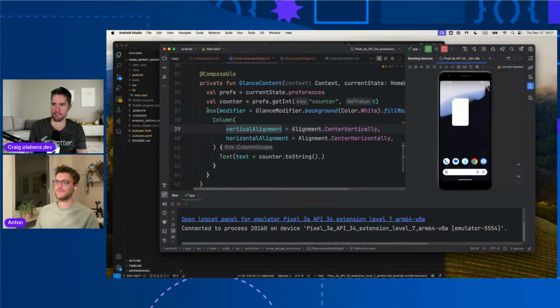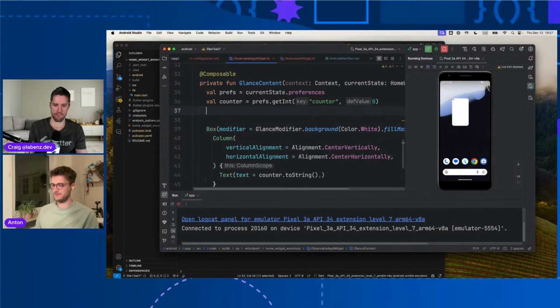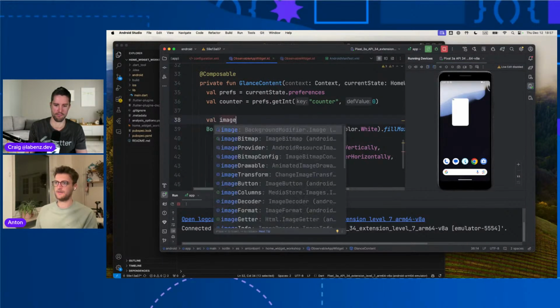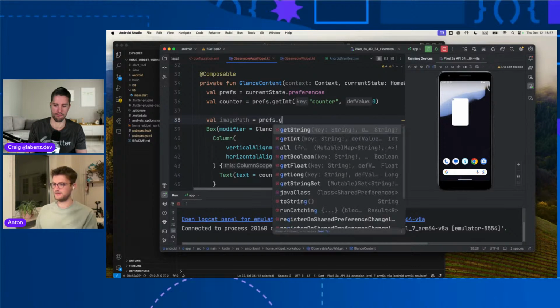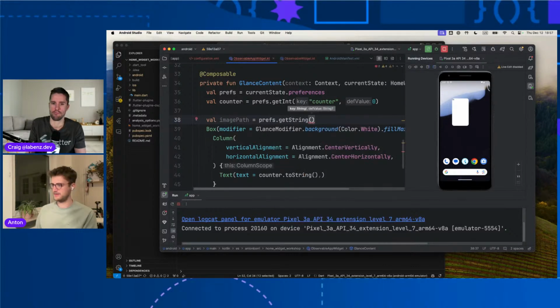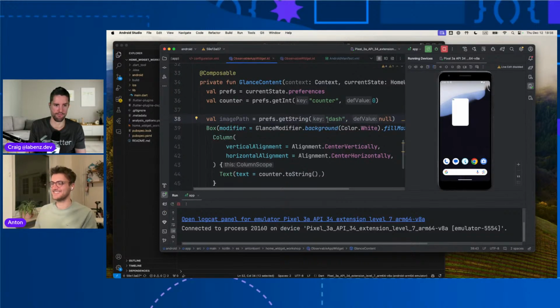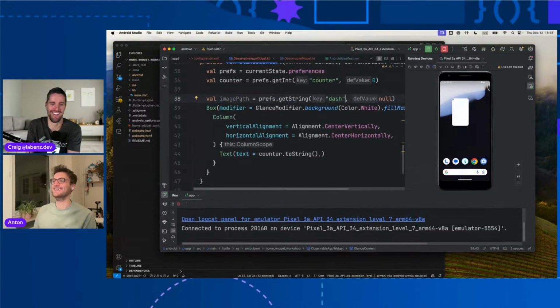Yeah, that's helpful. And so what we do is basically we say our path to the image. We say from our preferences, get a string, we call it dash, and if we don't see, switching between the languages, I now need double quotes, obviously. Yeah, it's not possible. But no semicolon. So we get the string to our image path, and then